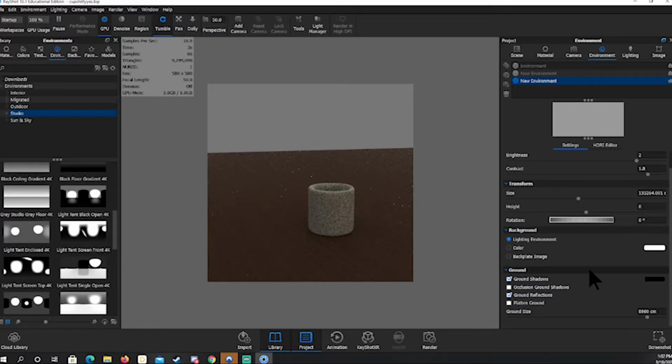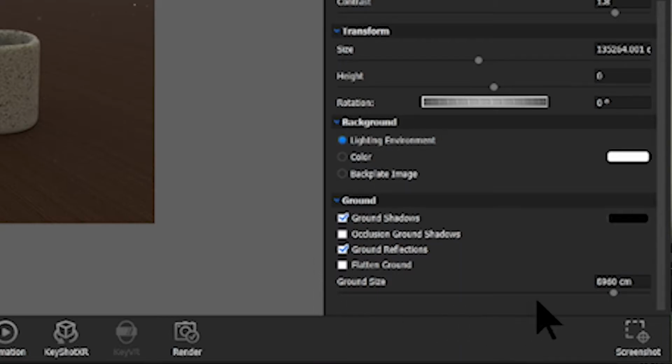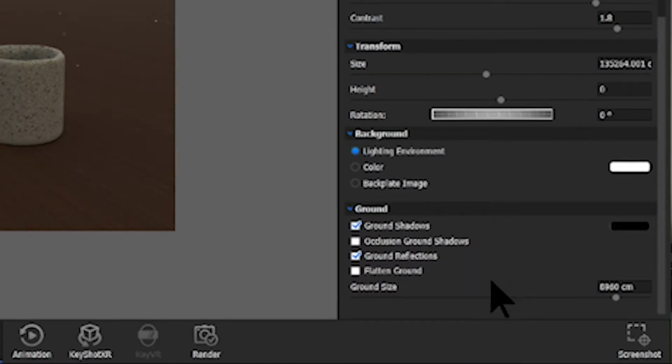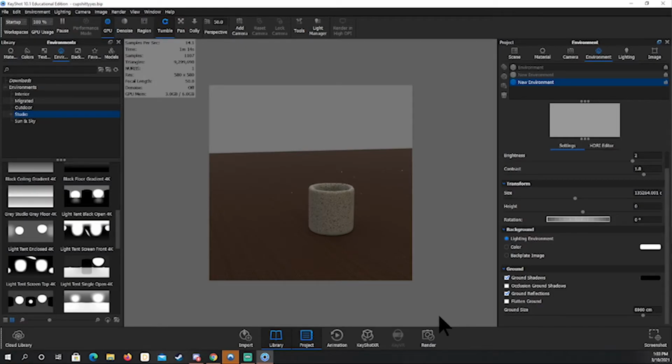Next we have your background option. You can switch between using your lighting environment as a background, a flat color, or a backplate image that you might upload. Next we've got the ground plane settings. If you're using a ground plane, it's important to make sure you've sized it correctly with the ground size slider. It's also important to make sure you've got your shadows and reflections turned on, and if you want more complex shadows, occlusion ground shadows too. Flattening the ground will create a ground plane by projecting the bottom of your environment to a flat surface where